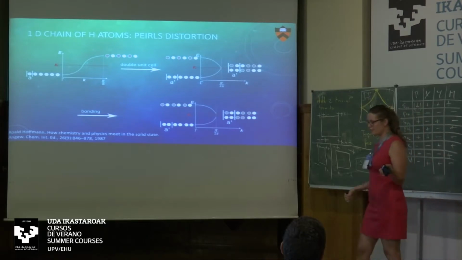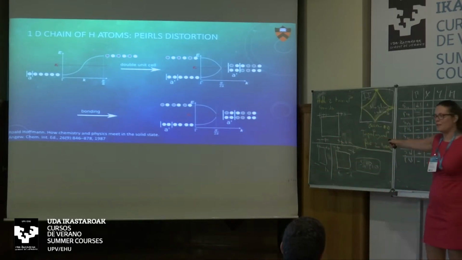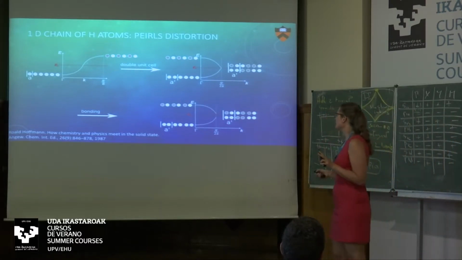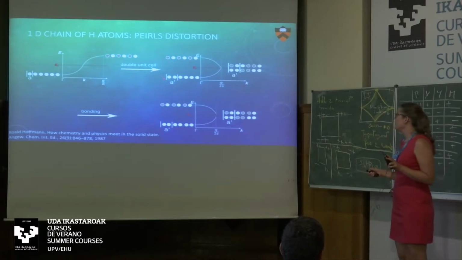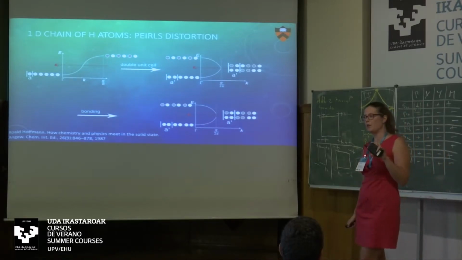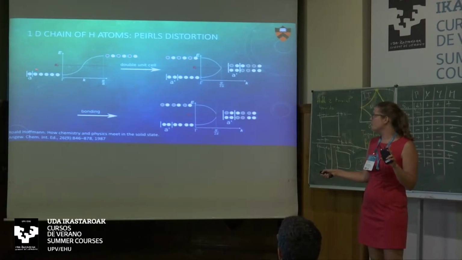And then he says, okay, as chemists, we know hydrogen doesn't exist in a linear chain. In reality, it makes a diatomic molecule. So let's understand why it does that. If your goal is a diatomic molecule, the first thing you have to do is double the unit cell, because then we need to have 2 atoms in the unit cell. So if you just double the unit cell and you don't change any of the distances between the atoms,